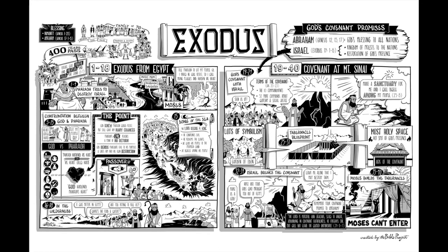The length of the court shall be 100 cubits, the breadth 50, and the height 5 cubits, with hangings of fine twined linen and bases of bronze. All the utensils of the tabernacle for every use, and all its pegs and all the pegs of the court shall be of bronze. You shall command the people of Israel that they bring to you pure beaten olive oil